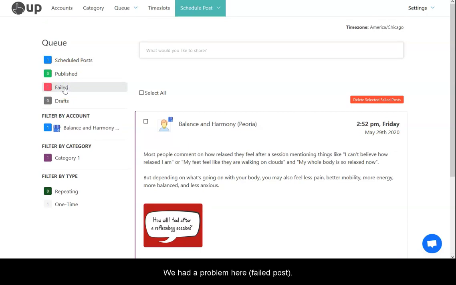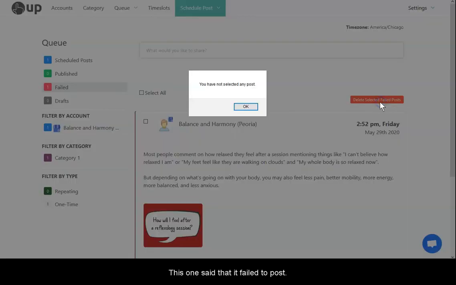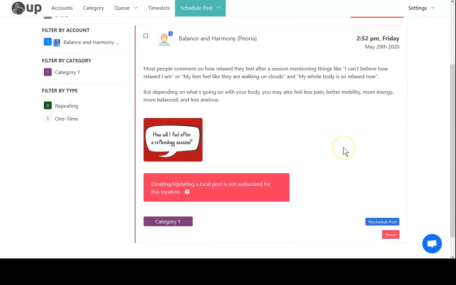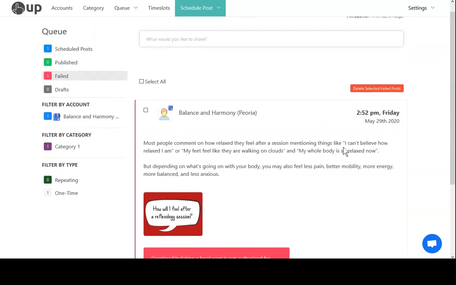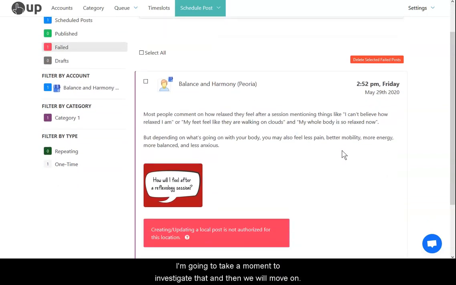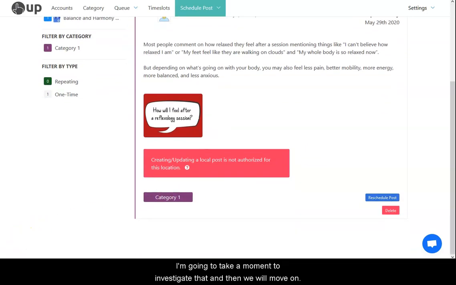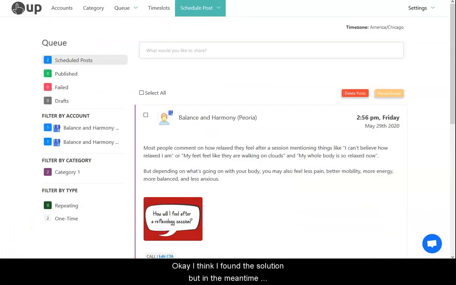Nope, we had a problem here. This one said that it failed to post. Okay, so I'm going to take a moment to investigate that, and then we'll move forward. Okay, I think I found the solution, but in the meantime, while I give it a chance to post and we can check to see if it worked,